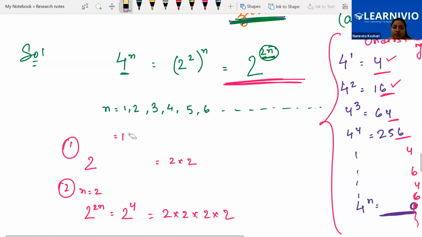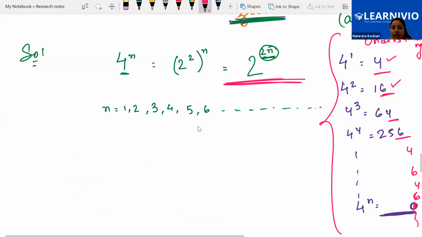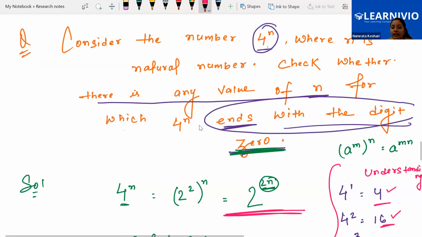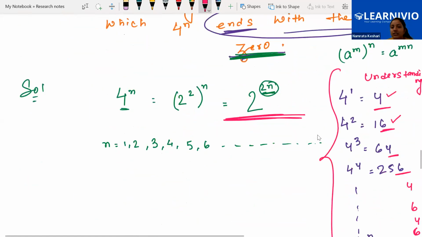Is it clear to everyone? Yes. We can write it in a statement. Since the factorization of 2 to the power 2n will not contain 5, hence for any natural number n, 4 to the power n will not end with digit 0. Here we have to write, since 2 to the power 2n will,